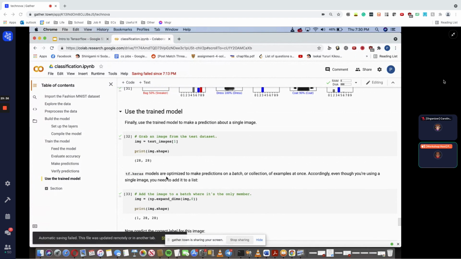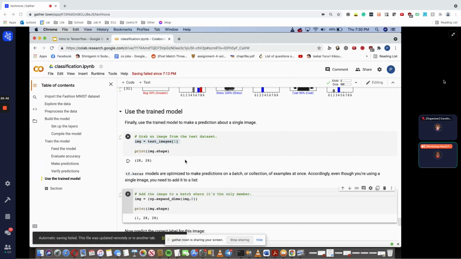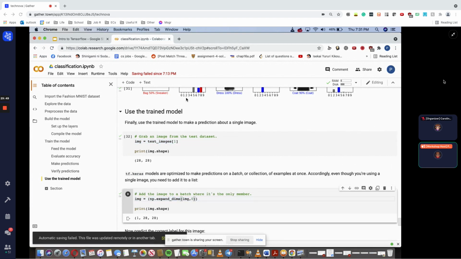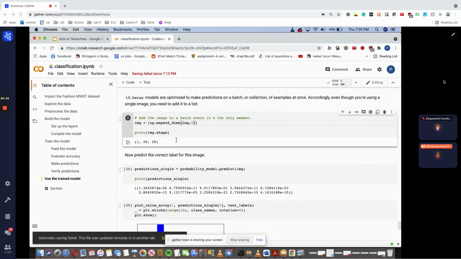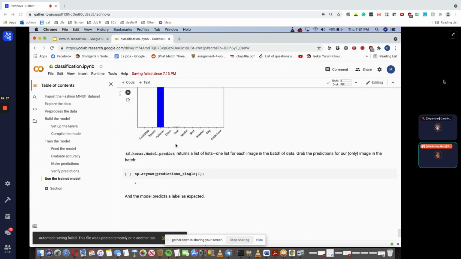And yeah, the details I've included here are basically more important details about Keras, in that we're trying to test a single image here, but the actual Keras library is optimized so that you can do a batch. So if you want to do a single image, all I'm saying is that you just have to use a batch and give it index 0. Well, regularly you're going to do this on a full data set. You can just go ahead and use it the way it is. So yeah, it was predicted correctly. So congratulations, and